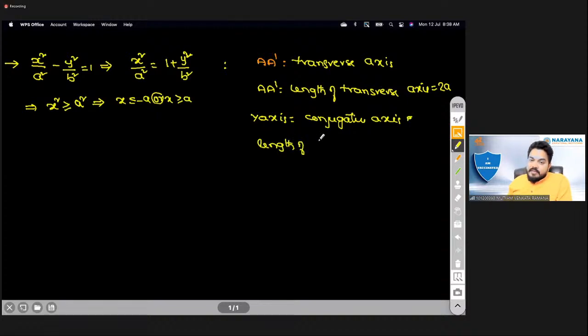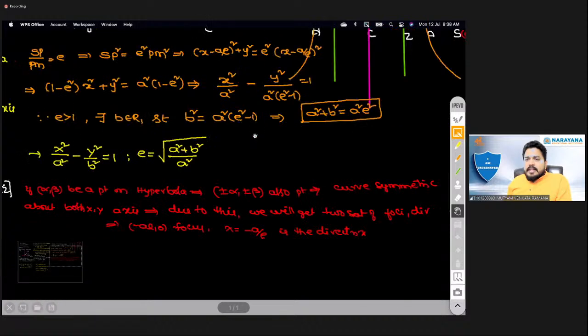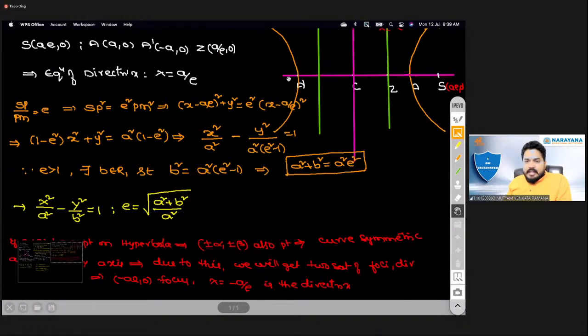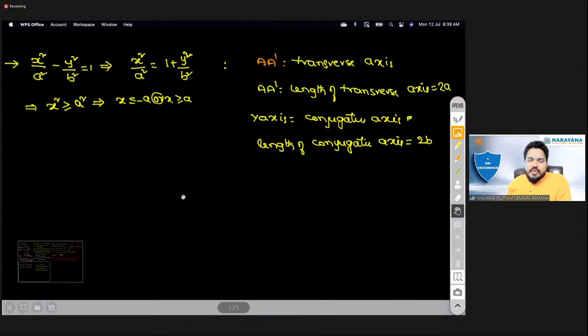It is a little confusing, how come 2b is coming? See, if I say this is the transverse axis, this length is 2a, that everyone accepts. But where is the 2b on this one? So for that, actually what we will write is,